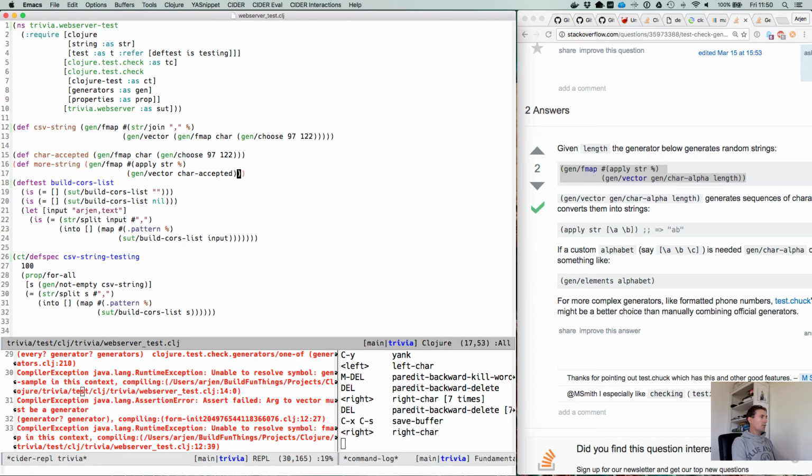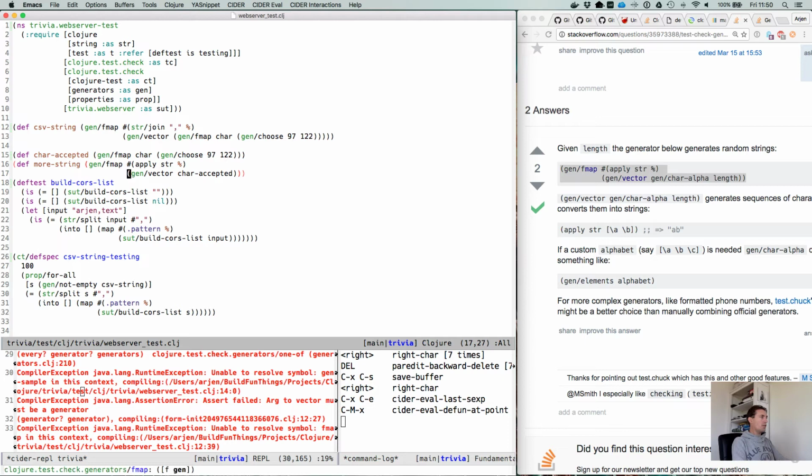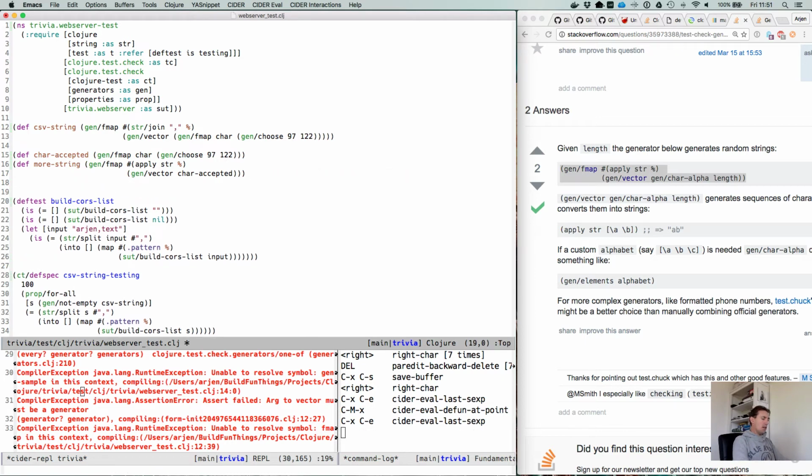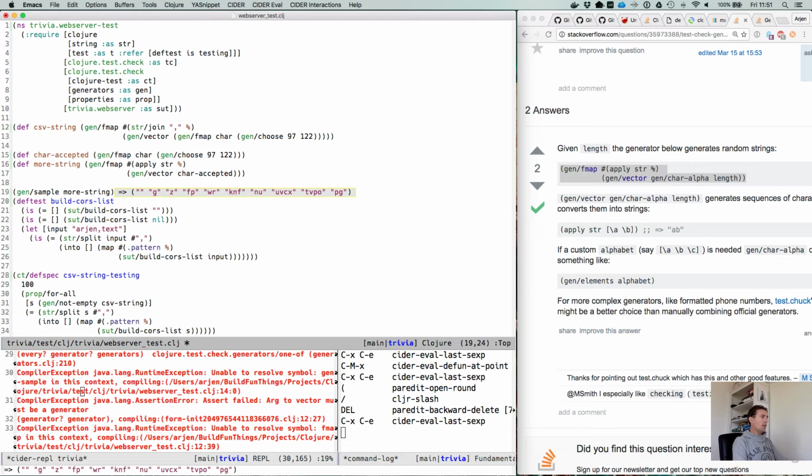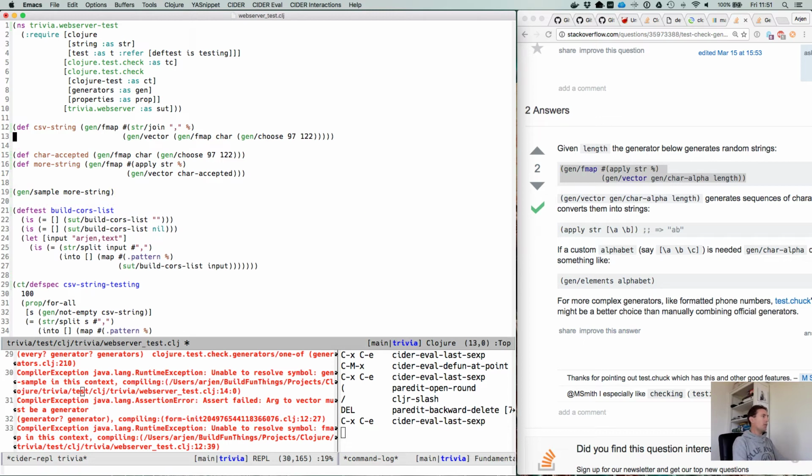Right. Evaluate this. Evaluate this. Gen sample more string. Right now, there we go. String